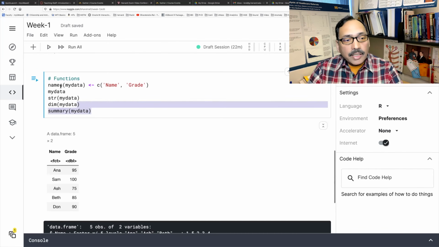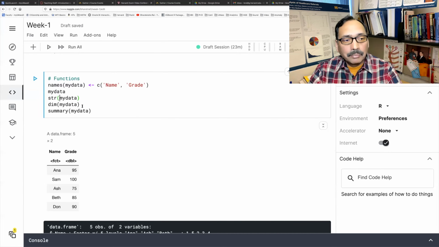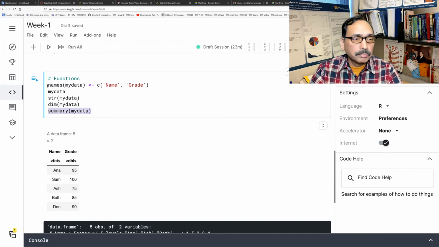So the way it works is this block here, you see, I'm adding many lines, and it doesn't matter where I am in that block. Once I click this play button, the whole thing is going to run. For whatever reason, if you only want to run a specific line, for example, let's say I'm only interested in running summary(mydata), I have to select that. And you see this play button becomes a smaller play button. It allows you to run only that part. You can run the whole thing also. You can run any specific item also.